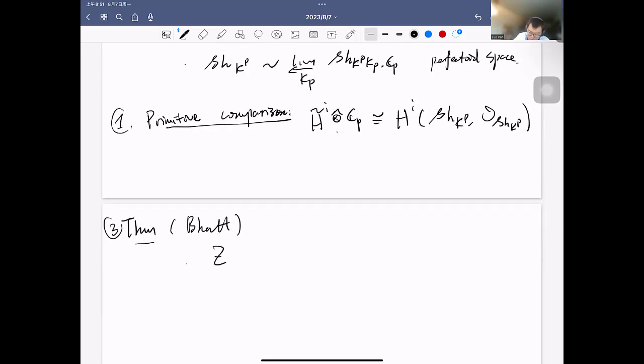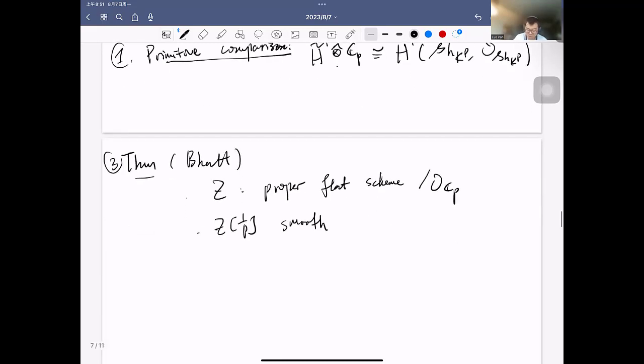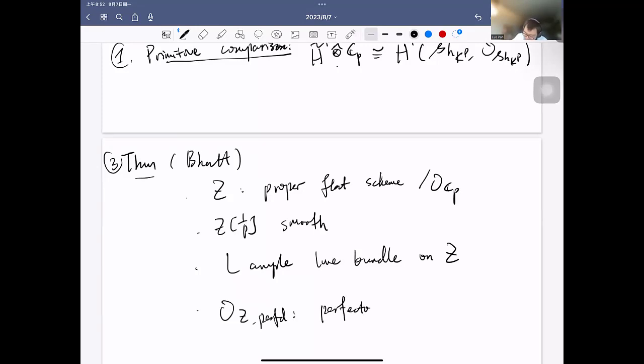So let Z be a proper flat scheme over O_{C_p}. Well, let me just state a very special case, which is enough for our purpose. Let me assume its generic fiber is smooth. Actually, this can be weakened. And let's say L is an ample line bundle on Z, and let O_Z^perf be this so-called perfectoidization